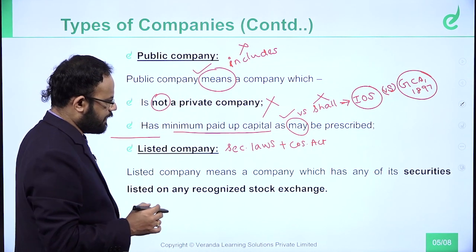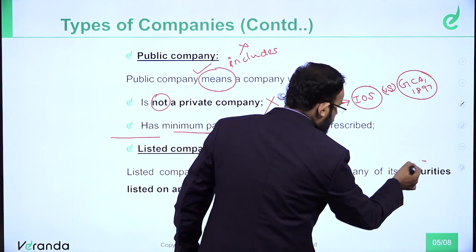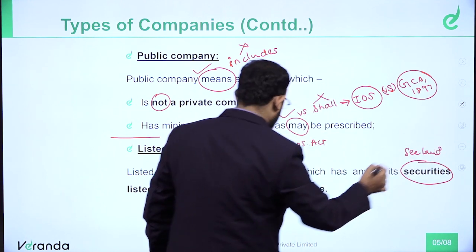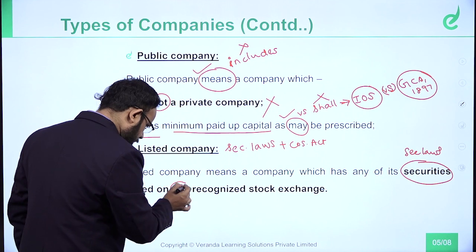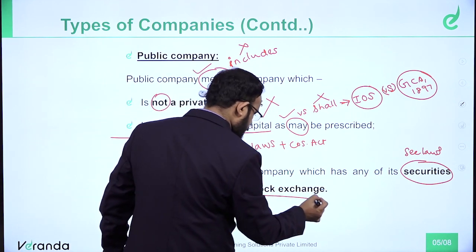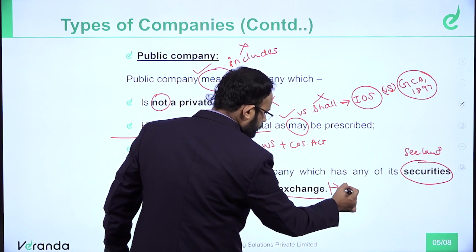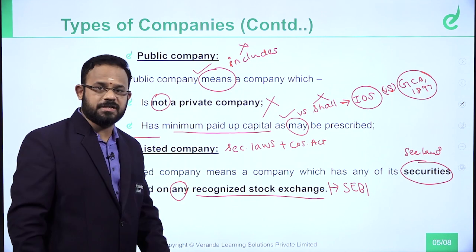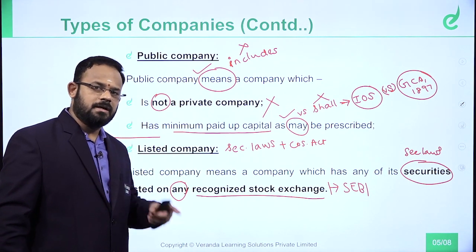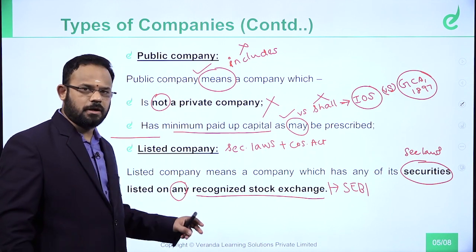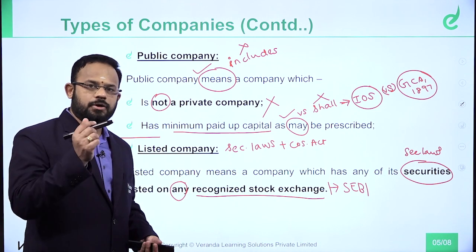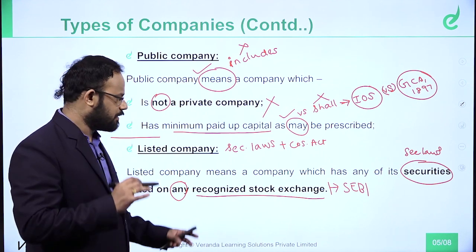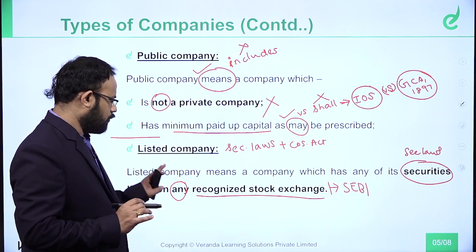Listed company means a company which has any of its what? Any of its securities. So security means which law? Security laws. So securities listed on any recognized stock exchange. For stock exchange, who is the head? Who is the authority? SEBI is your authority. When you bring SEBI and securities, which law will you cover? Automatically you will cover securities laws only. Any recognized stock exchange. There are many stock exchanges, but you should get recognized by getting an approval from SEBI, by properly filling an application form. By filling that, you will become what? You will become a listed company.